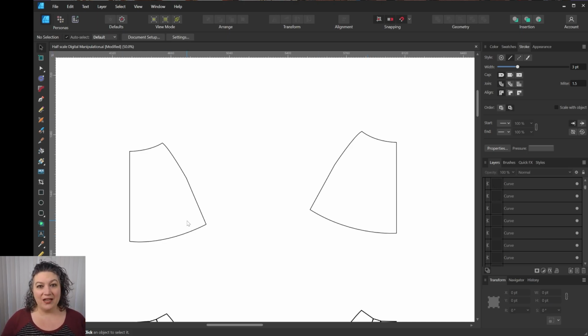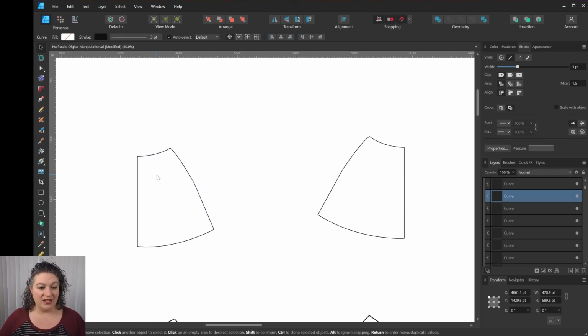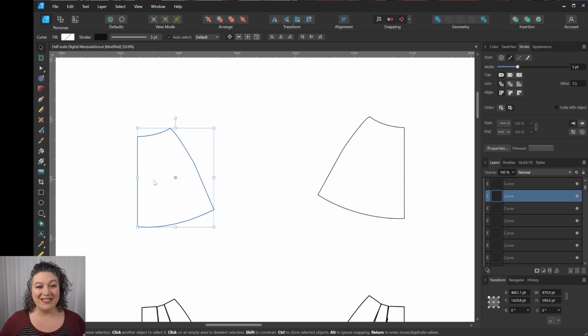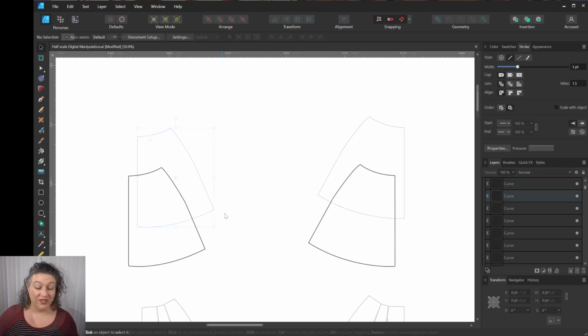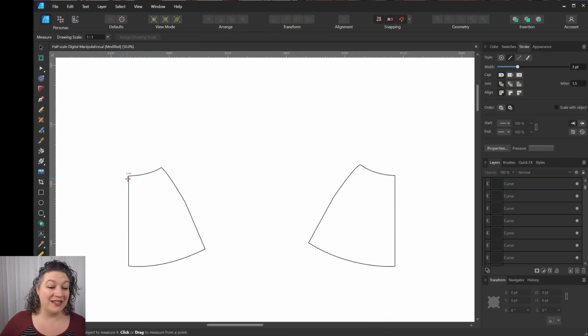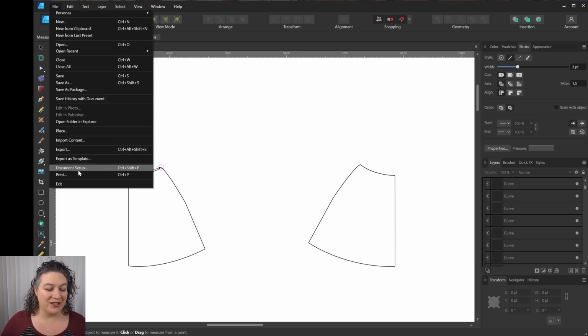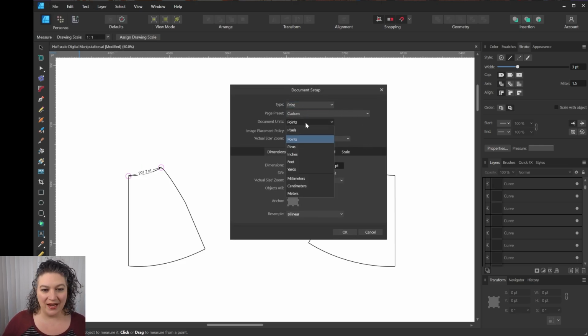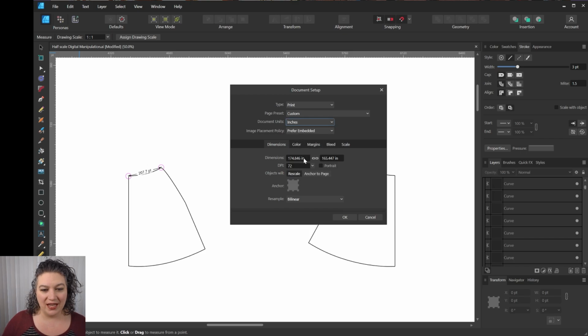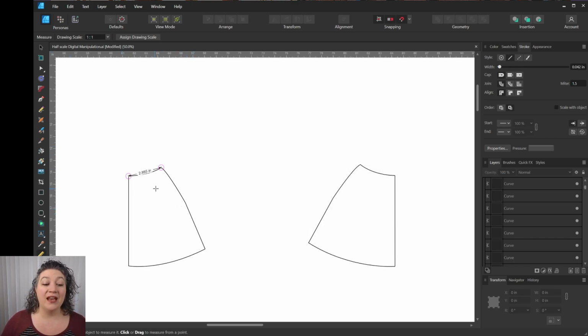So I'm going to go ahead and just do a basic 2-to-1 ratio. The first thing I need to know is how much fabric I need to be adding in, so I need to measure. I can just go point to point, and right now it's still in points, and we want to change it. So we're going to go into our document setup, change from points to inches, and hit OK. And it changed it to